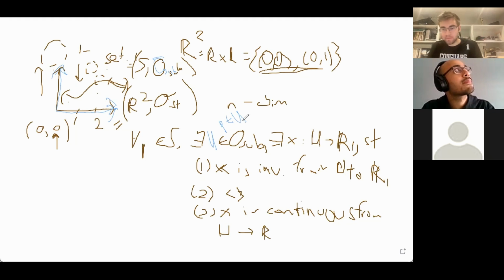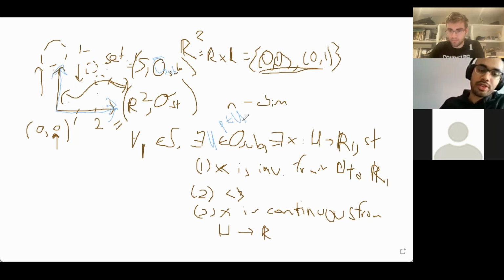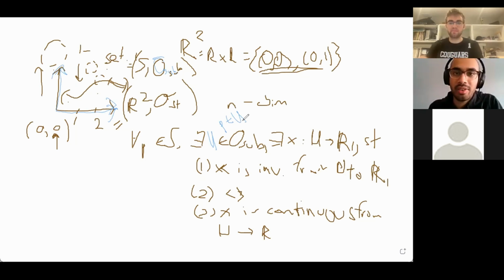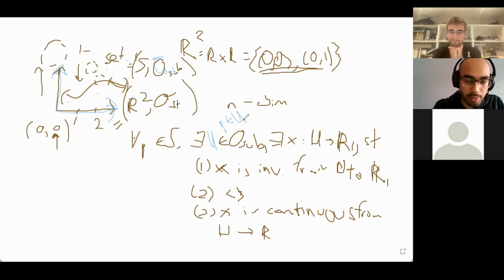I remember thinking through this in my head when I did it, and it was actually pretty simple. But I'd probably have to go look at the definition of continuous, which is escaping me right now. It's something to do with the pre-image of open sets being open. Yeah, the pre-images of open sets are open, right? And we also know that is true from U to R. Now we just want to show that it's true from R to U, and I believe it's literally something as simple as because it's invertible in that direction, then we know that